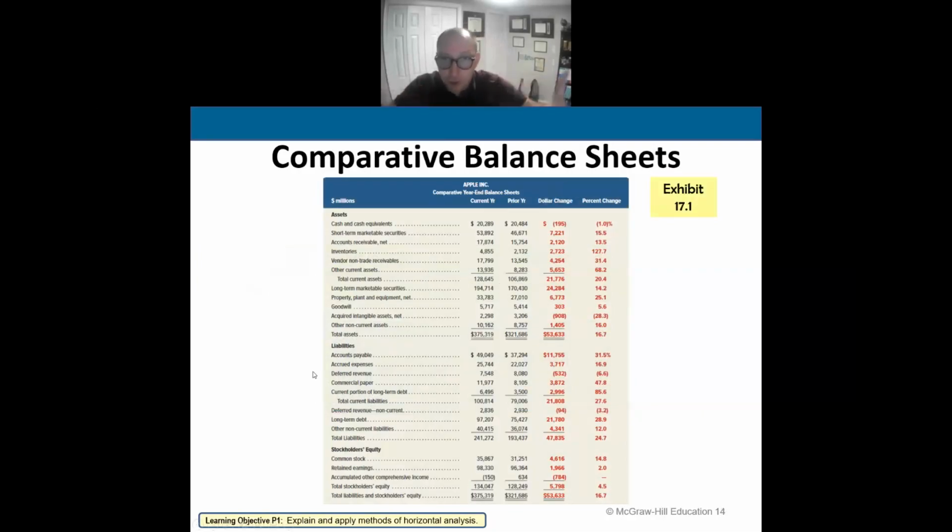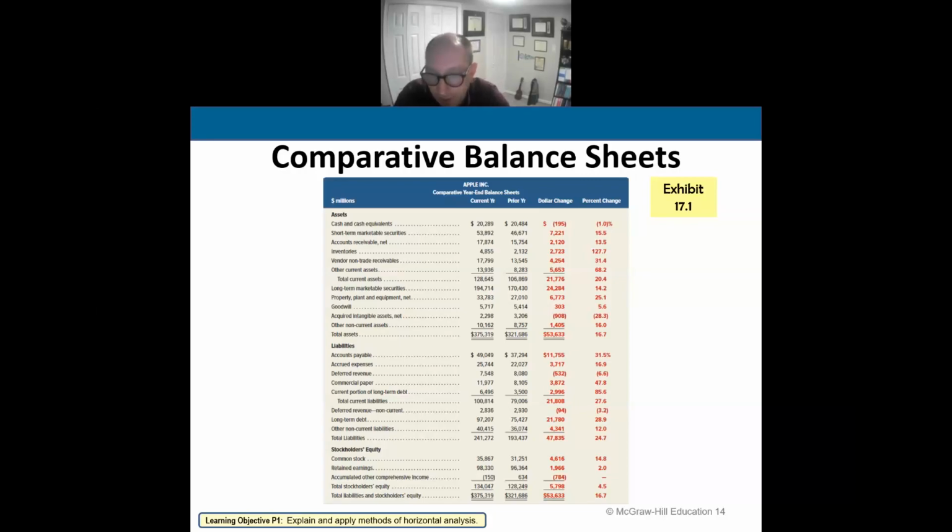So let's take a look at what it looks like visually on a balance sheet. Okay. Now, as Shanae had told us, we have assets, liabilities, and equity on our balance sheet. And so we can compute the dollar change and the percent change by looking at the current year and the previous year. So the dollar change, remember, it's the current year minus the previous year. Current year minus the previous year gives us the dollar change. The percent change, we take the current year minus the prior year divided by the prior year to get the